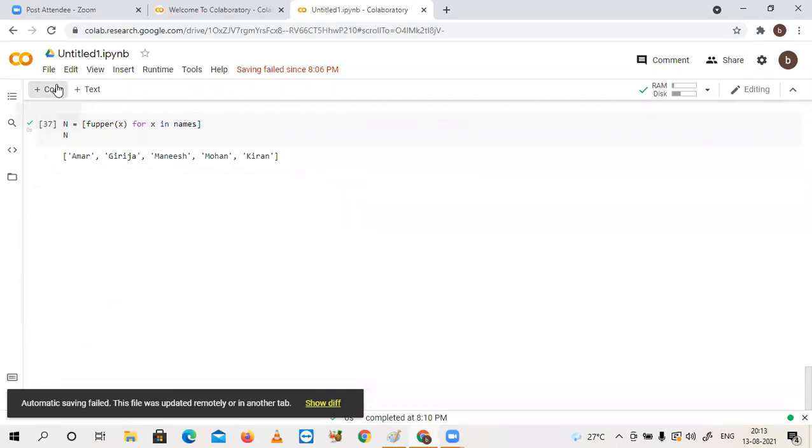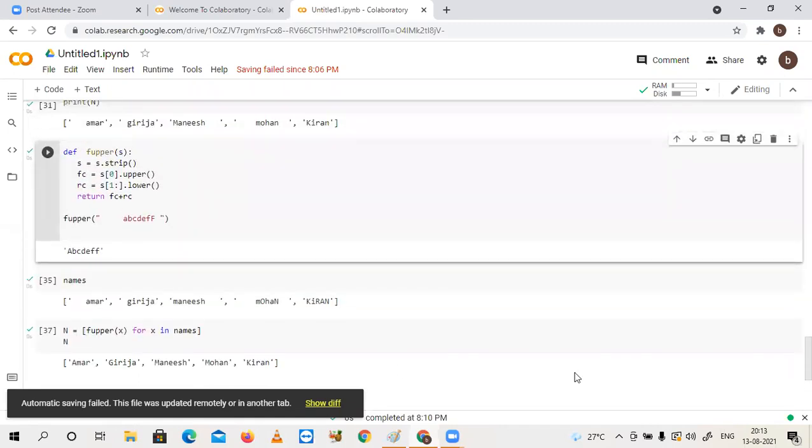Sir, one small doubt. Here in the expression, we are not supposed to call multiple functions? My statement was that multiple expressions you cannot give at a time. That's why, to make those multiple expressions a single expression, I took the help of a function here. Otherwise, what would you tell me? This approach, x.strip().upper() and so on, is also working. But is it a good way of doing it, or a bad way of practicing?